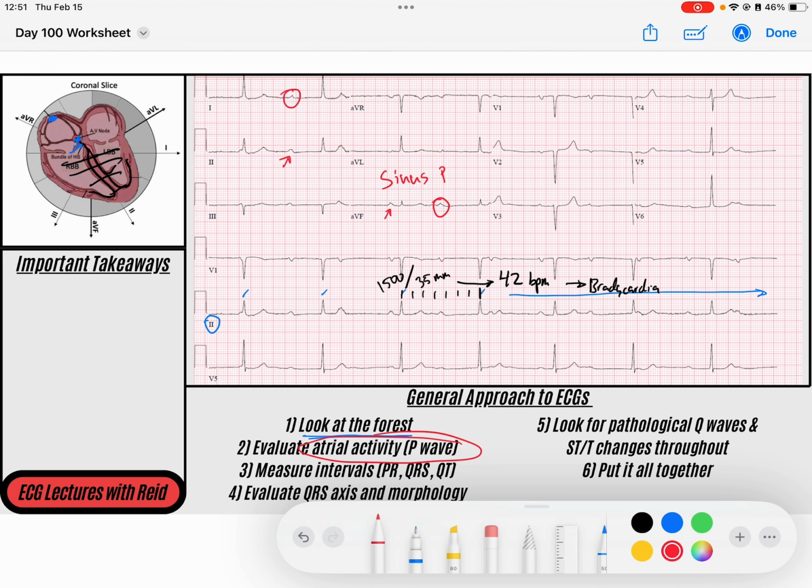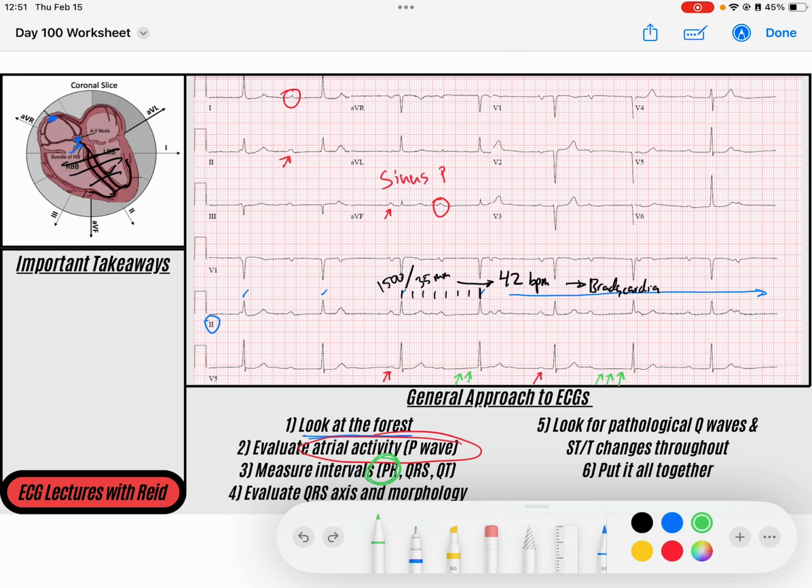Now what I noticed though is that some P waves, like this one, seem to be right in front of the QRS. This one seems to be in front of the QRS as well, but what I'm seeing is when I look through other QRSs, I'm not really seeing atrial activity that appears to be driving that rhythm. And so let's evaluate my AV node function. My AV node is going to be done by evaluating my PR interval. And so I want you to think, is this PR interval right here, is that what's really